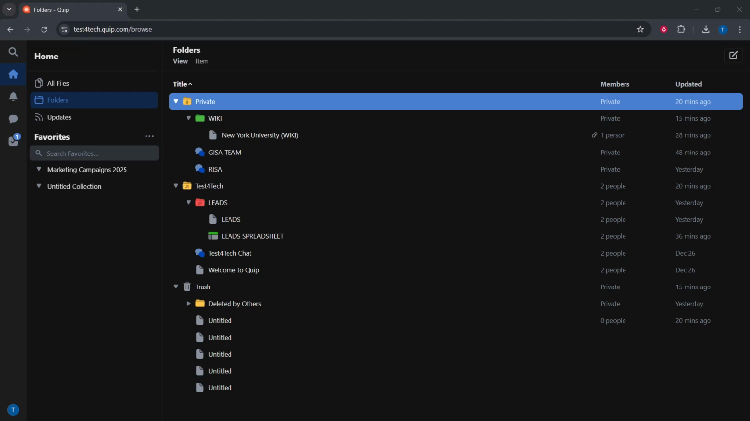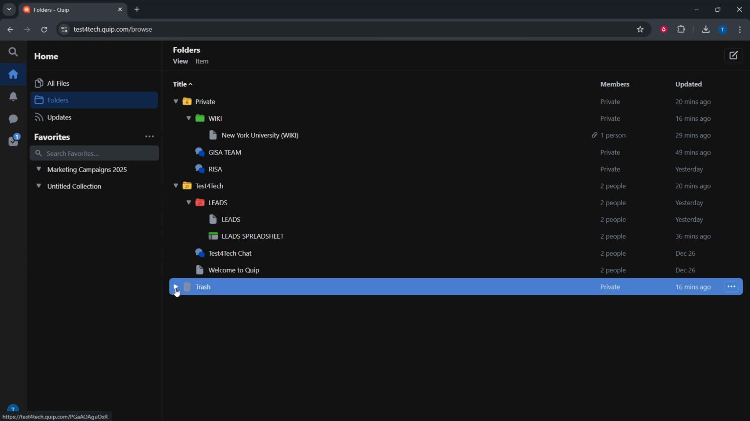In today's video, I'm going to teach you how to create templates in Quip. Templates in Quip are a great way to standardize work so everyone starts from the same place. Whether you're creating a project brief, a meeting agenda, or a handoff checklist, the process is straightforward and takes just